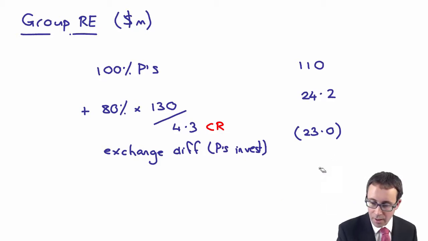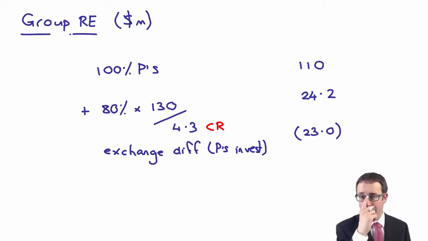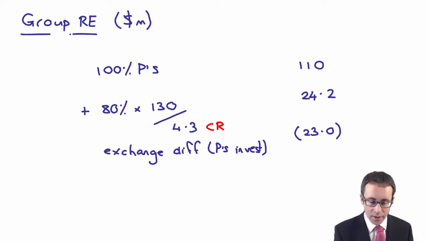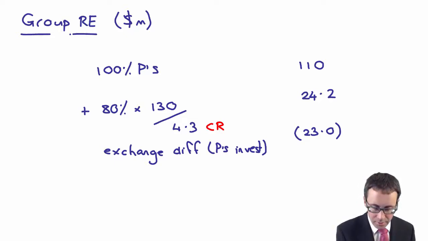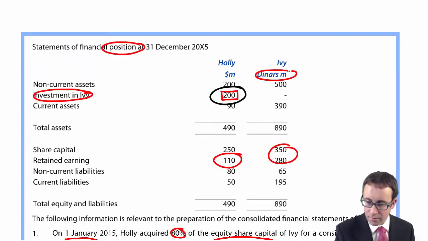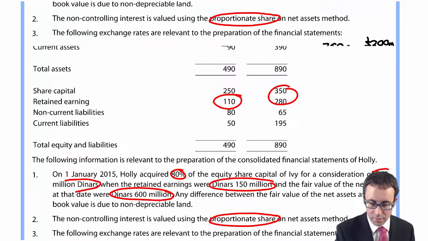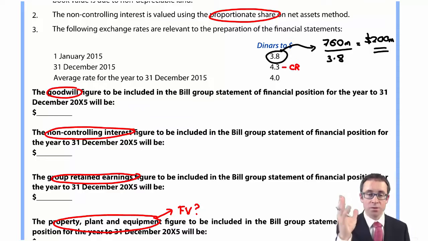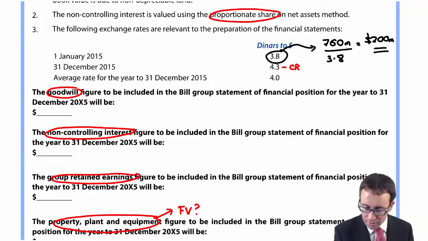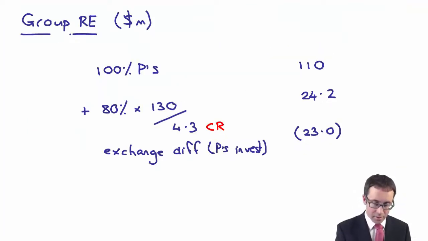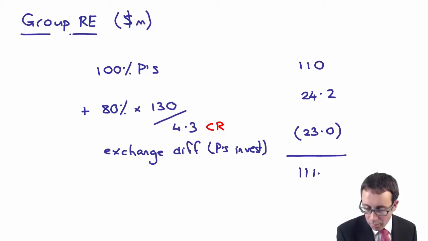Okay, we need to be careful. I think, if memory serves me right, there is a PUP adjustment, isn't there, within this question? Let's just check. No, I removed the PUP adjustment. Okay, so there's no PUP adjustments. Excellent. Sometimes I can never remember what I've done previously. Does that give me, is it 111.2